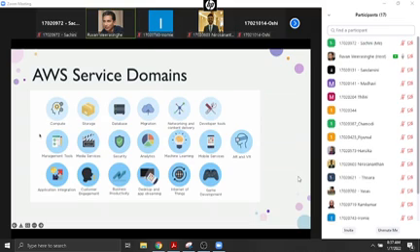These are actually their services. They call it their service domain. So the first three are what we talked about just now: compute, storage, and database. But they have a whole lot of others, and there are some that are a little confusing because you can see here analytics and machine learning, right? Here analytics is more like BI area, and machine learning is more like BA area.